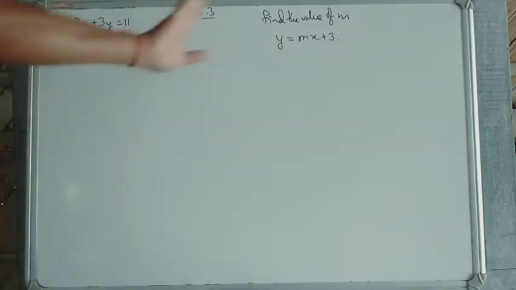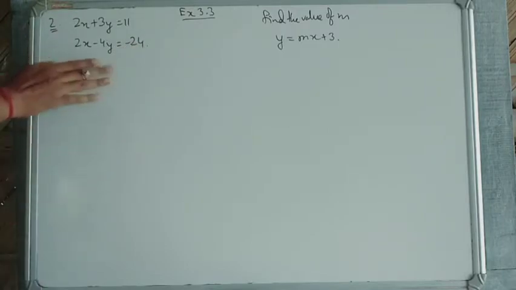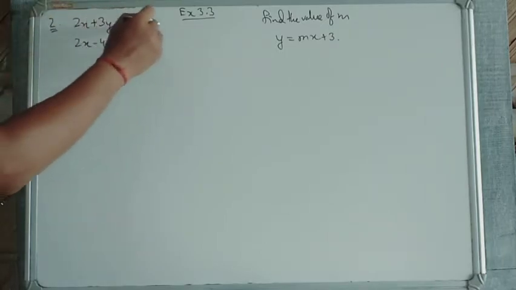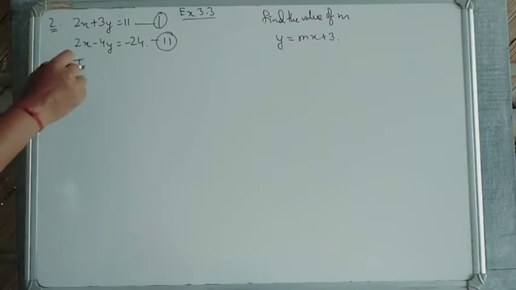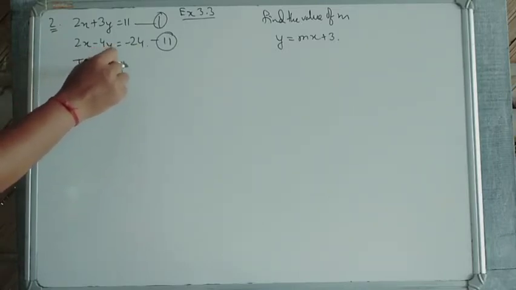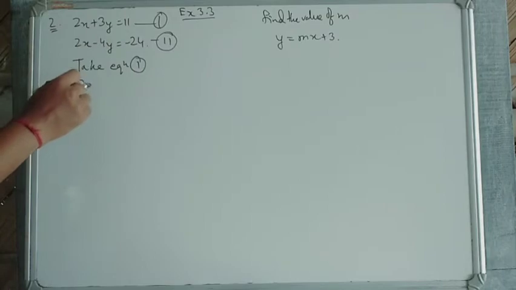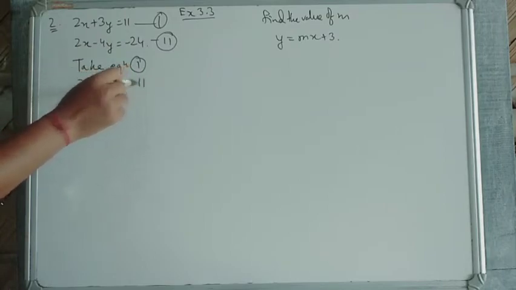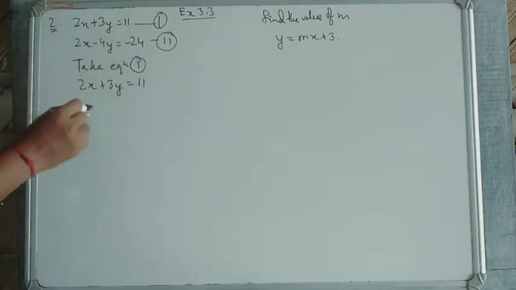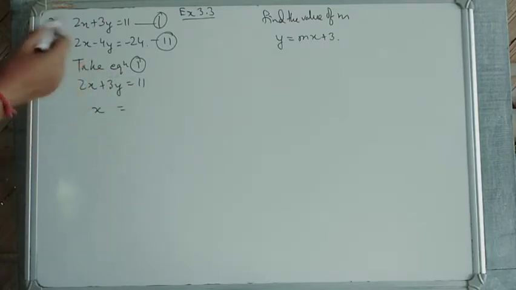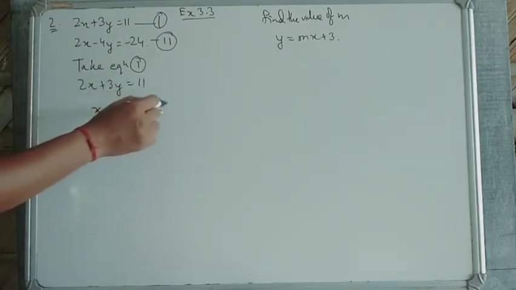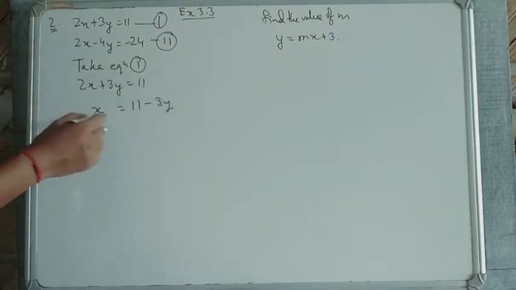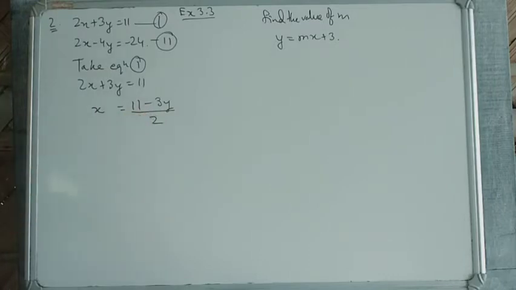Okay, that second part of the question we'll do later. So you know how to find the x and y values of an equation. So how do you have to do it? Suppose you take equation 1 and equation 2. So take equation 1, then 2x plus 3y is equal to 11. In the substitution method, what we used to do: keep x here and everything else goes to the other side. So I'll do directly here, 11, 3y will go that side, minus 3y, and 2 was there, so 2 will come down. So directly I used to write this then.